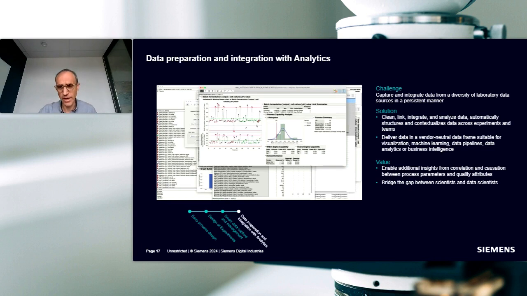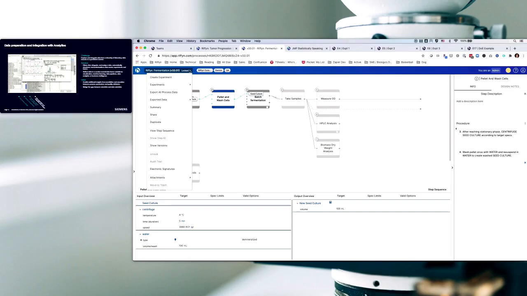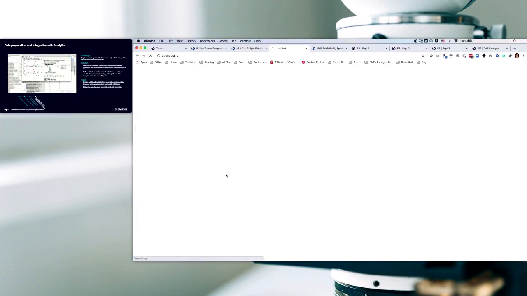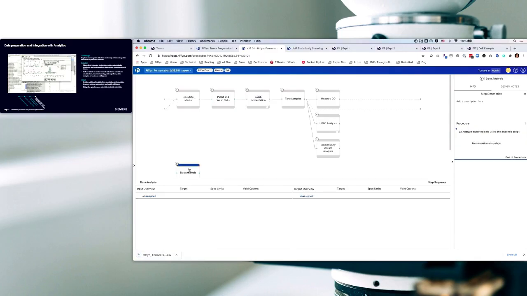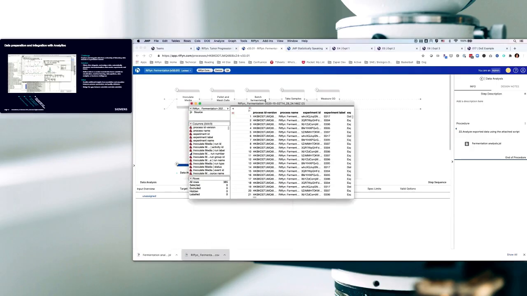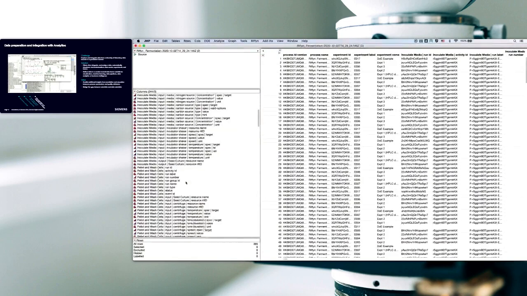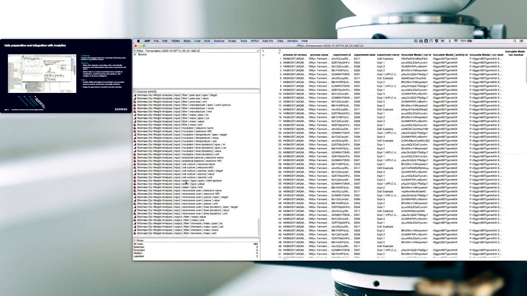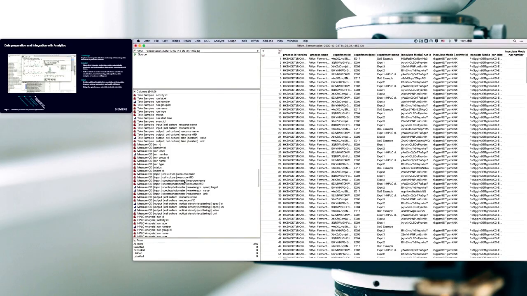So of course, we'll be able to integrate all this data together and prepare all the data. What we're doing is building a data set which comes from an aggregation of all the experiments that you have already done, across experiments and across teams, of course. And we'll be able to contextualize all this data and transfer it into a vendor neutral format that can then be exported. Again, in the video here, I'm showing you we can integrate that with JMP, for instance,